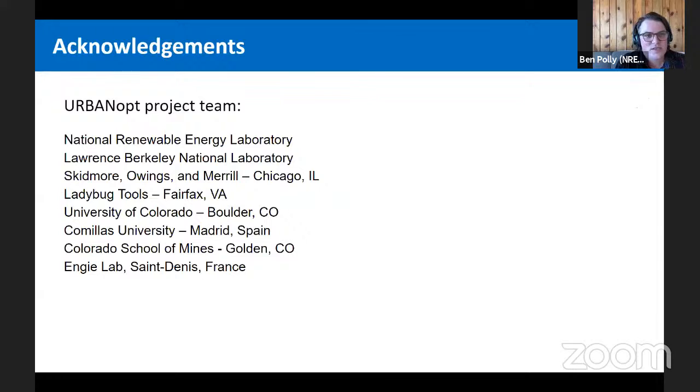We're also working with Comillas University in Spain. They have a tool that can lay out optimal distribution system configurations, so look for more on that. And then we have some other partners in Colorado School of Mines, and I did mention NG as well, advising on some of the district thermal system modeling. Also, I just want to thank DOE for the support in developing these capabilities.